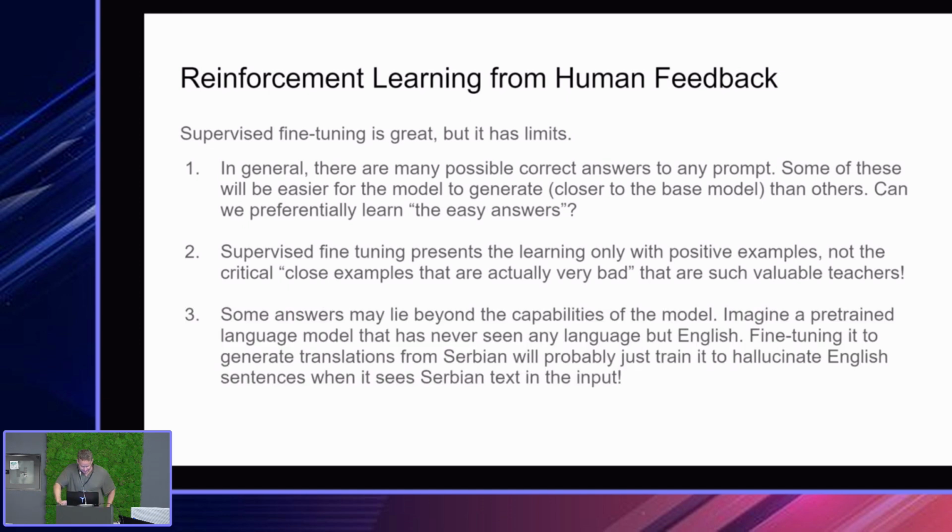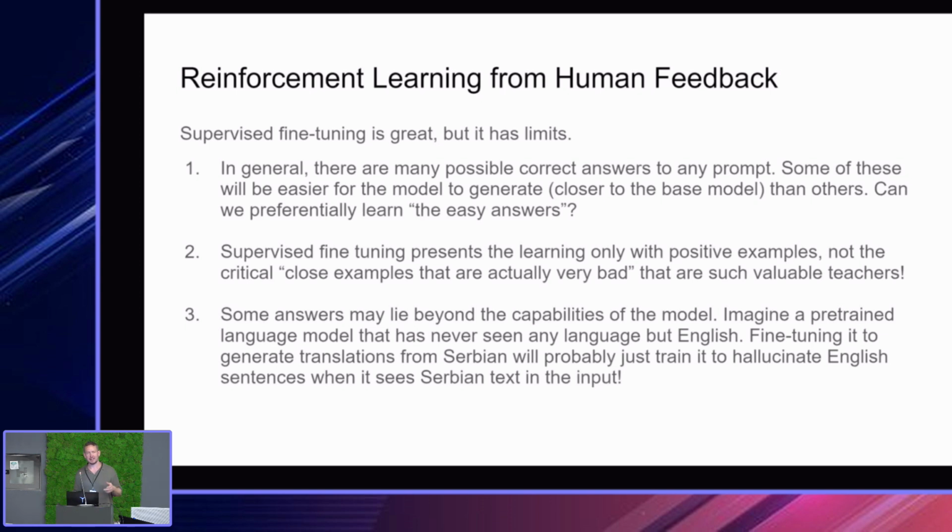And third, and I think this is really the most critical argument, is that some answers may simply lie beyond the capabilities of the model. So let's imagine a pre-trained language model that's never seen any language but English. And now let's fine-tune it to generate translations from Serbian. Probably what this model is going to learn is that whenever it sees any Serbian, it will just start hallucinating